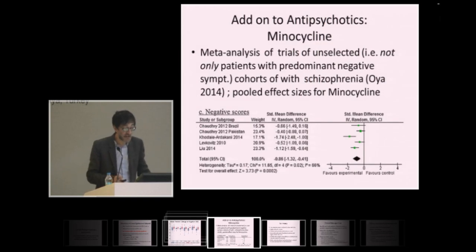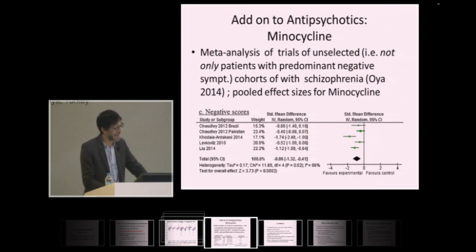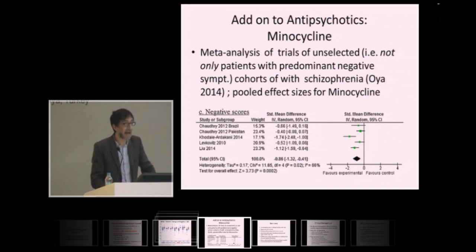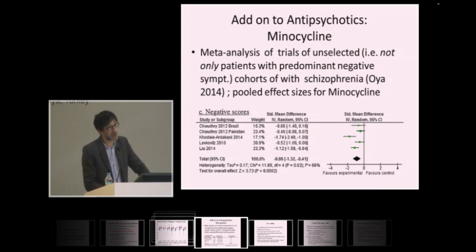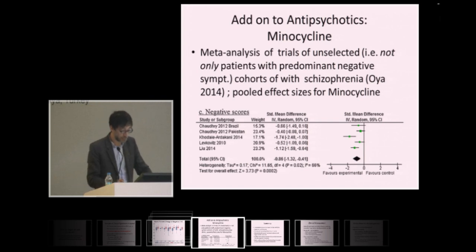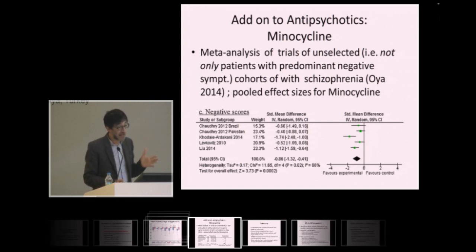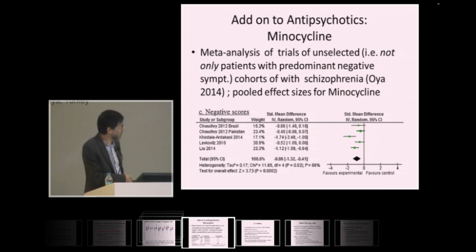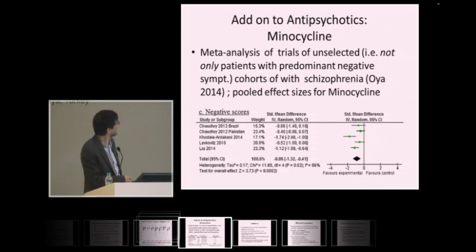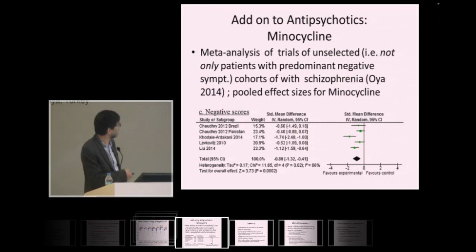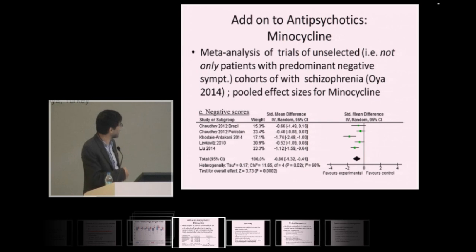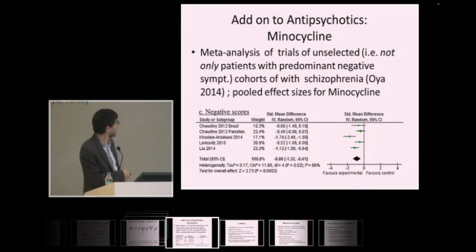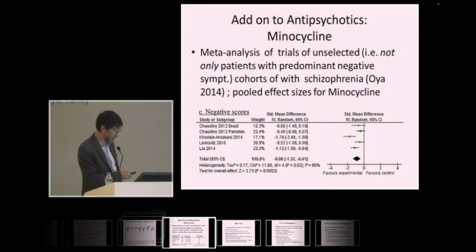I'll mention one other meta-analysis to you, because I think maybe it's good to end on a slightly more positive note. There has been a lot of interest in the use of minocycline, which is an antibiotic, very well tolerated, and it has anti-inflammatory properties. And this shows a meta-analysis of placebo-controlled trials of minocycline. And you can see that there was a quite marked positive effect here. And we're looking at improvement in negative symptoms. And I particularly draw your attention to this study here done by Bill Deakin, Imran Chowdhury and Serdar Dursun from Canada, who's also at the conference.